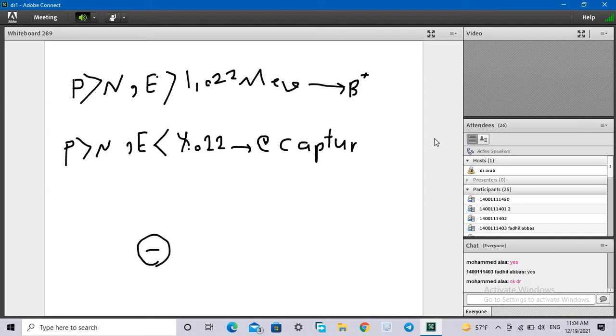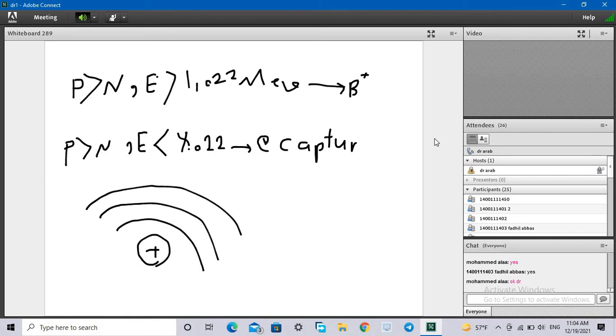this is my nucleus, and this is the electron orbital around it. When the electron is captured into the nucleus and combines with a proton, a neutron can be produced. When the electron enters the nucleus, we have a hole or vacancy in the electron orbital, and in